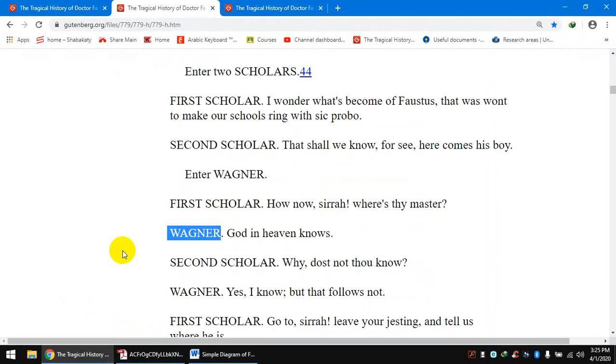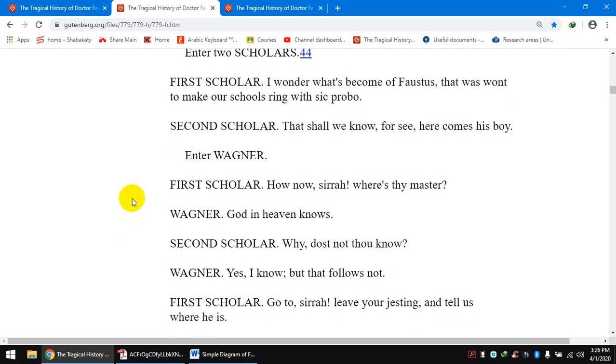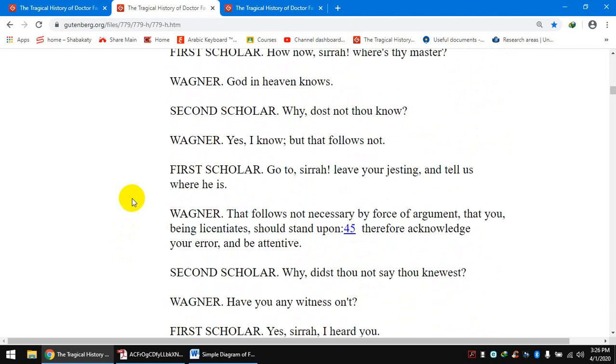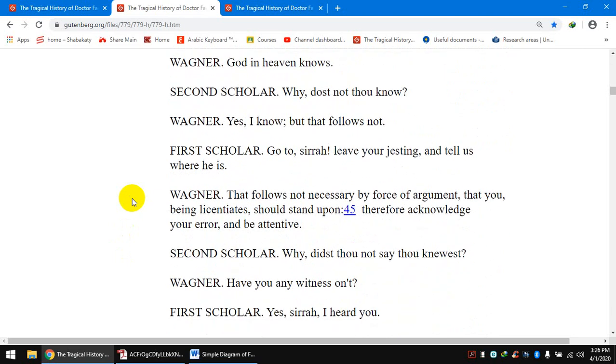So, in this scene, we saw that Dr. Faustus has changed from the beginning. We saw that Dr. Faustus had changed his habits of meeting and enjoying the company of his friends, and now the first and the second scholars wonder where Dr. Faustus is right now. They meet with Wagner and ask him about Dr. Faustus, how he is, and now the conversation between Wagner and the scholar is considered as a kind of